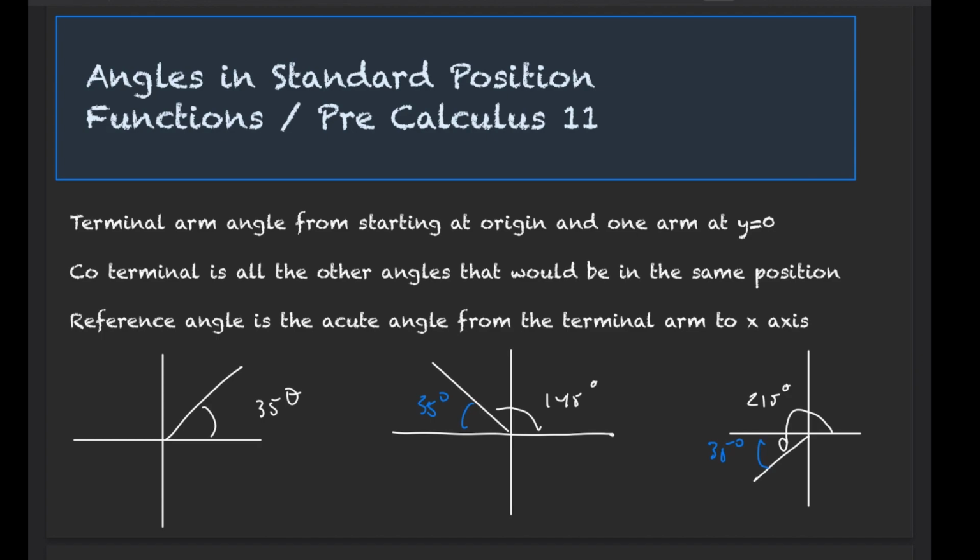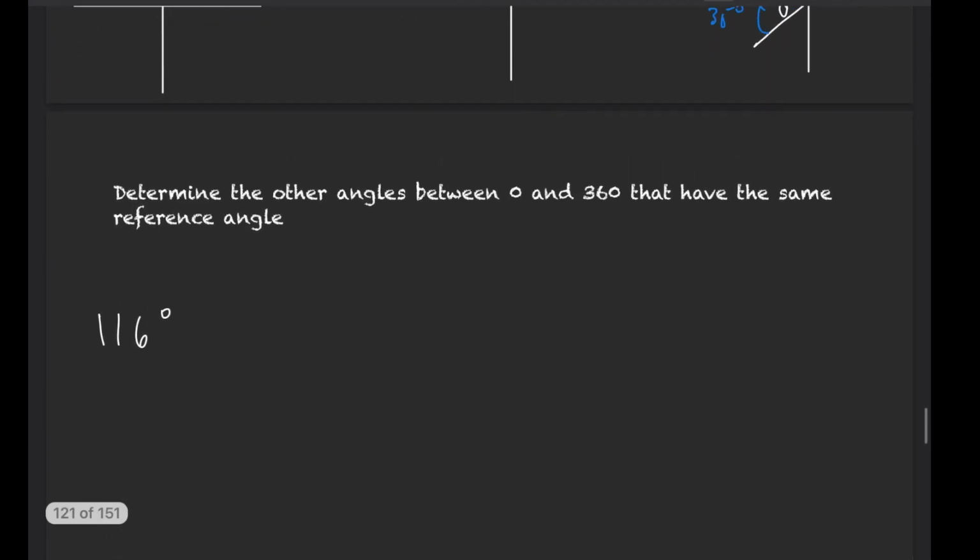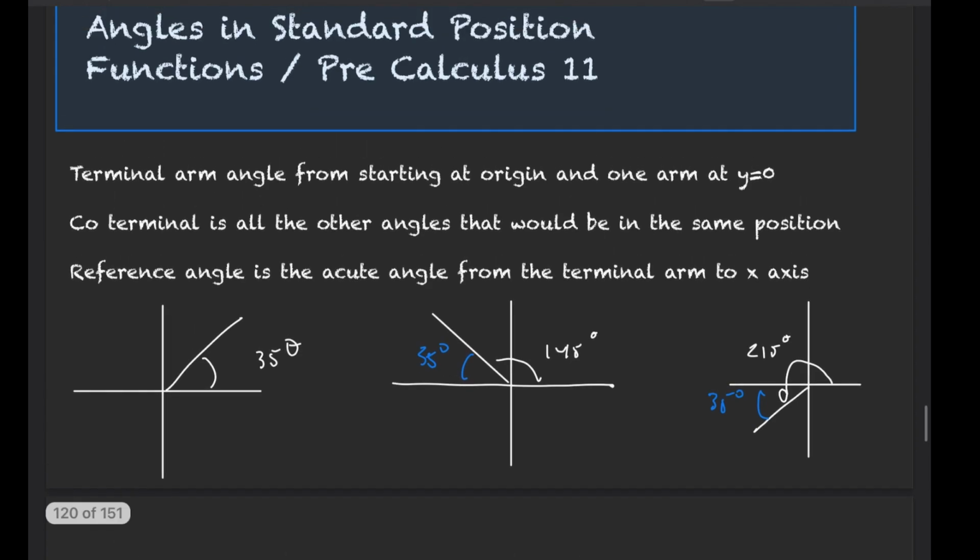If we have, say, a 215-degree angle, then that would mean that we have 180, which is just flat, plus 35. So the reference angle itself would just be 35. It's always an acute angle between 0 and 90. And also, just notice that